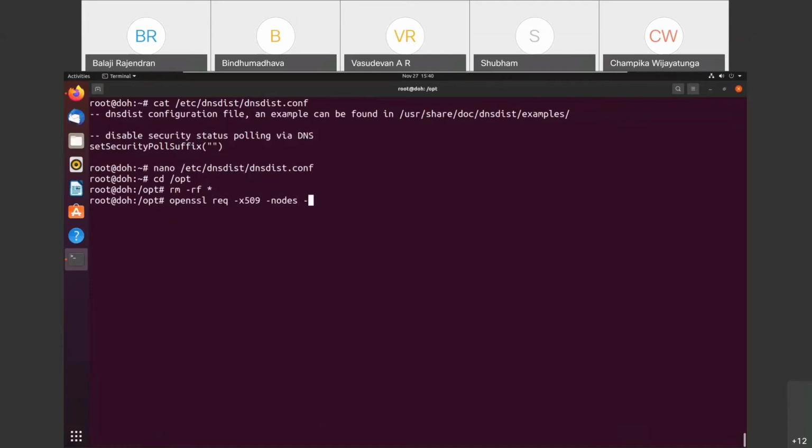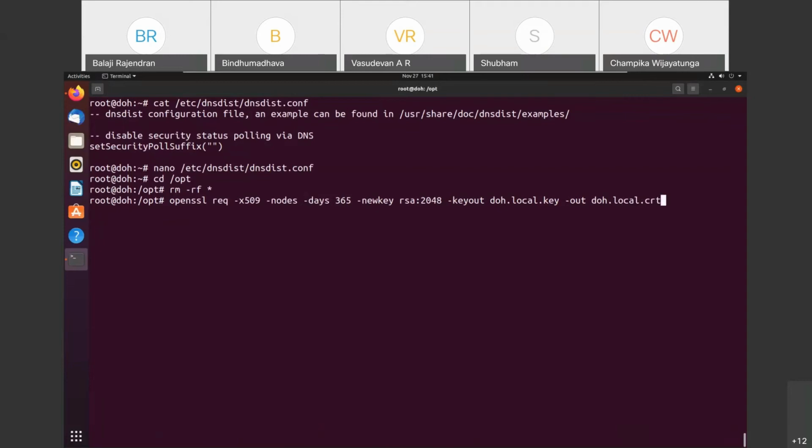Then the validity of 1 year, so I have written 365 days, and newkey equal to rsa:2048, so I'm using a 2048-bit RSA key. The key will be written in a file, suppose doh.local.key, and the certificate will be written inside doh.local.crt. So this is the command for generating a TLS certificate.